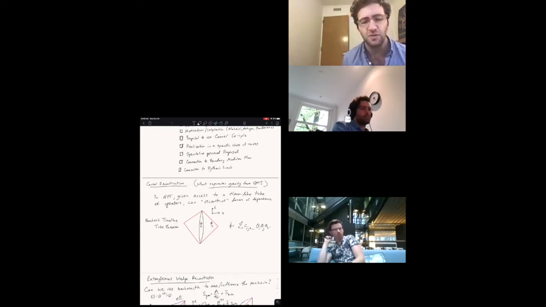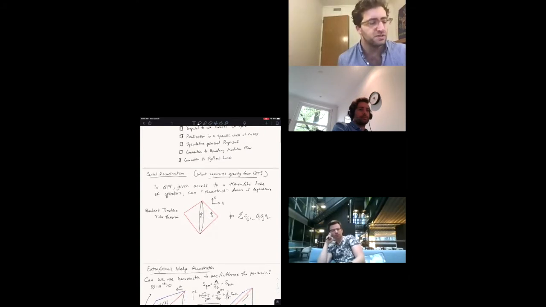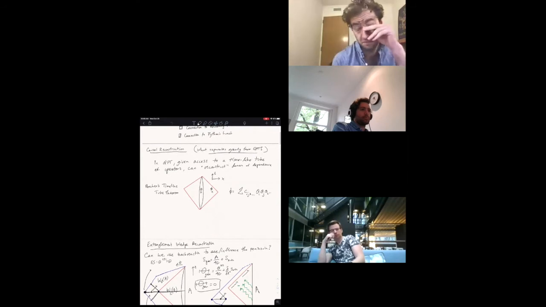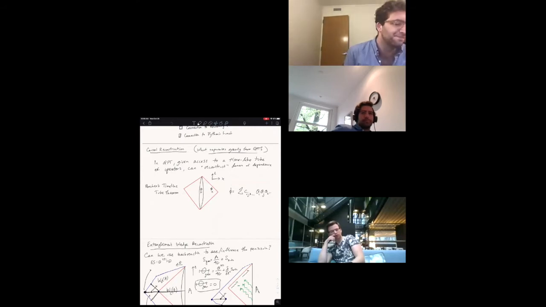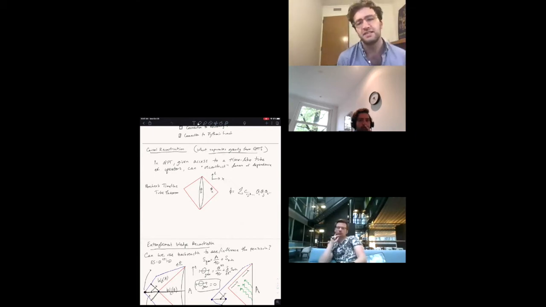The idea was, and I'm just using some slides that I made for a talk last week, actually, the idea was just to try and understand in a different way what separates gravity from quantum field theory, or one of the ways gravity is different from quantum field theory. In particular, we wanted to understand this aspect that, in a certain sense, you can do better than what causality allows for you in gravity, in the sense that given a boundary region A,